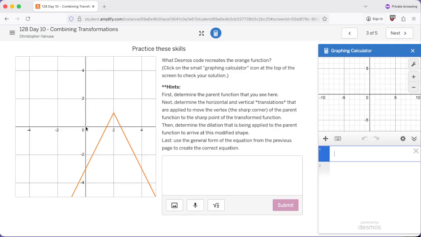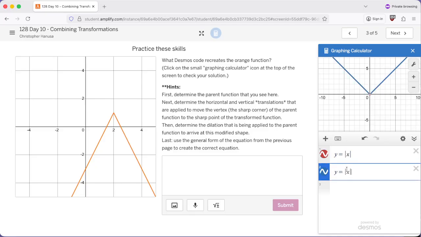So what do I see? I kind of need to move over 2 as a horizontal translation. I need to move up 1 as a vertical translation. I kind of want to reflect downward, so that's changing y to negative y. And then I need to do some kind of decompression. So let's try this out. We had y is equal to the absolute value of x. That's our function. But our rules from the previous page say we should take y and replace it by y minus k divided by a, and replace x by x minus h